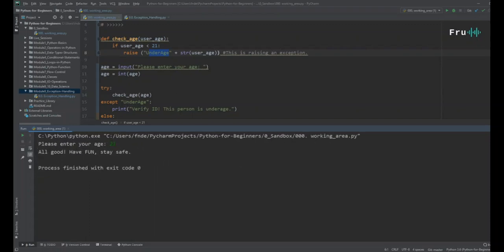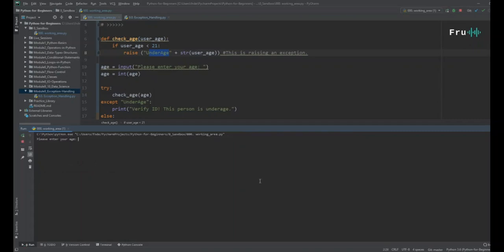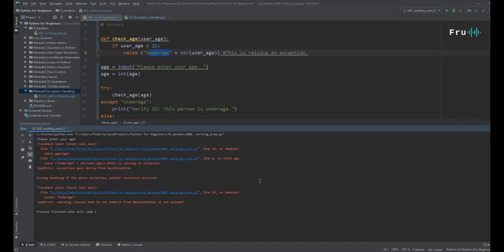Oh no, actually that's not correct. Let's try one more time. Run this. 20. All right, let me figure out what this issue is here. Just hang on for a second. All right, so I just had to make a quick